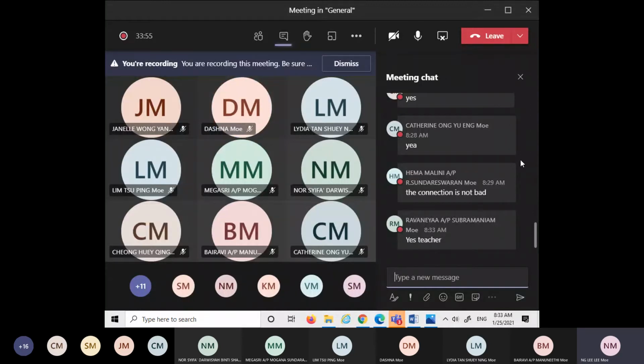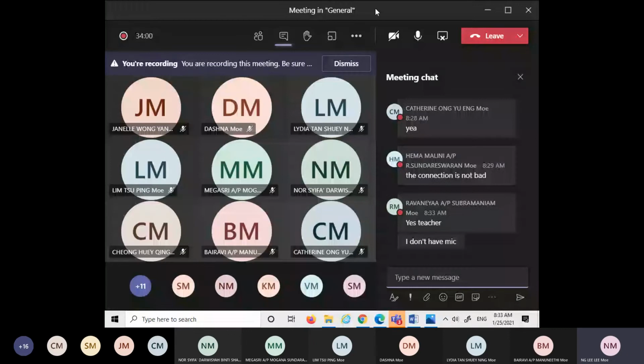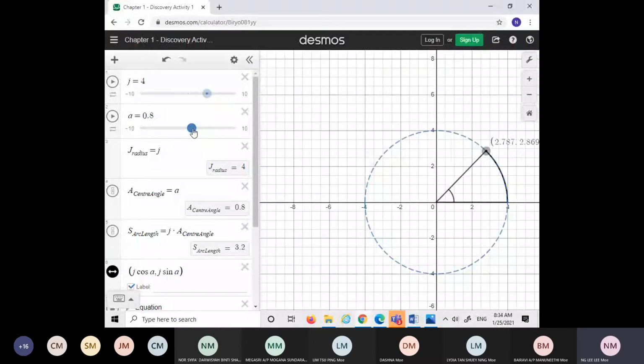Come, Ravanya, you see this. I repeat my question. Just now you see or not, I can drag. I can drag the angle big or small. Now I drag until my angle